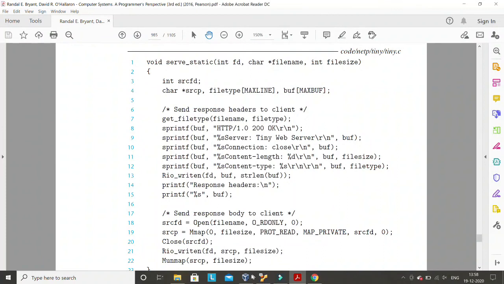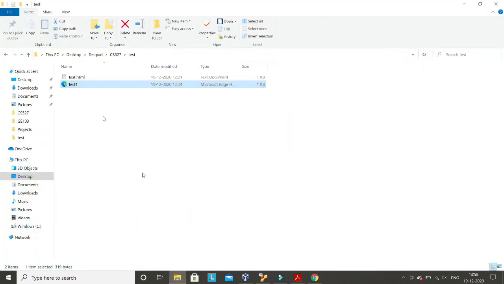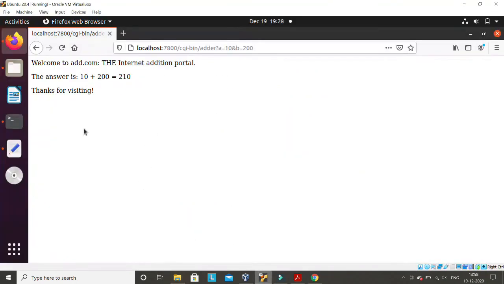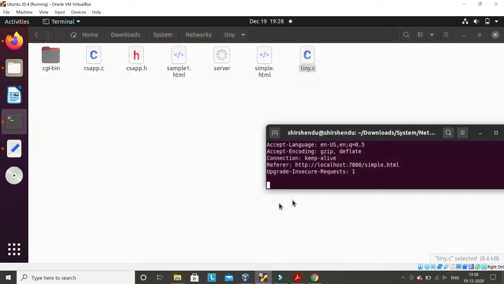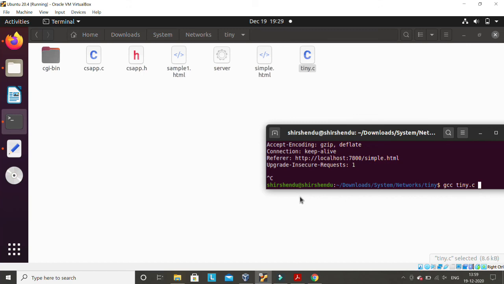I have already explained it, and the program is written here, tiny.c. You can check it, and see how you can compile it. Maybe I have not shown you how to compile it. You can compile it like gcc tiny.c, then csapp.c, because it is using libraries from that, and then minus pthread.